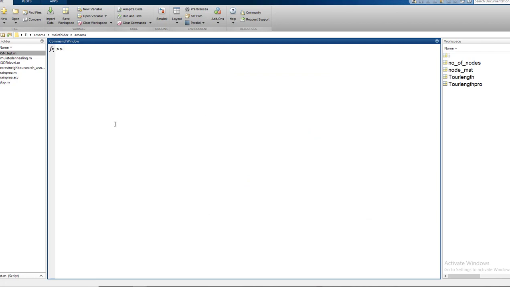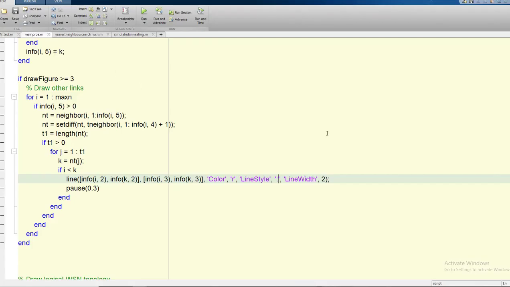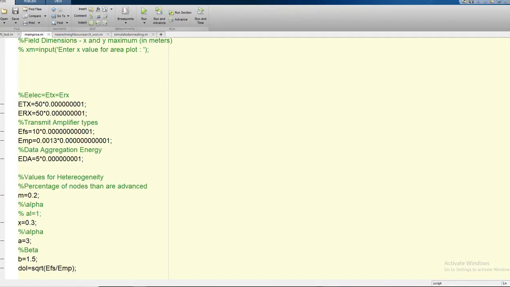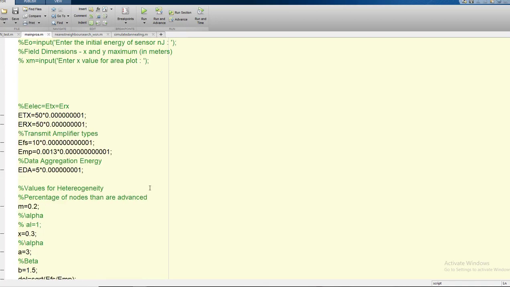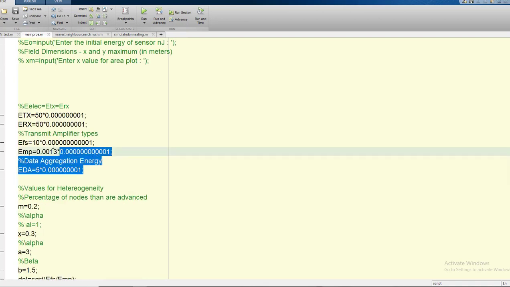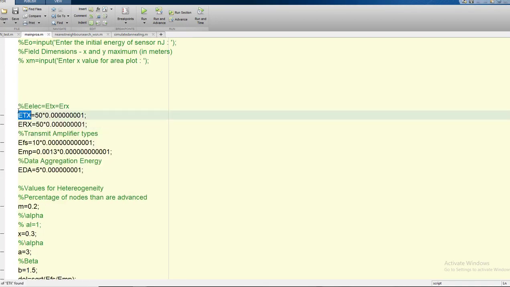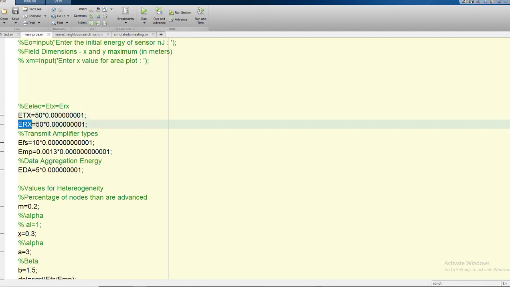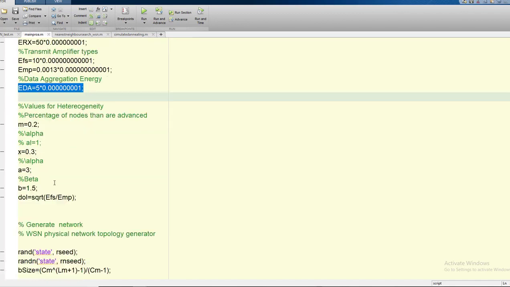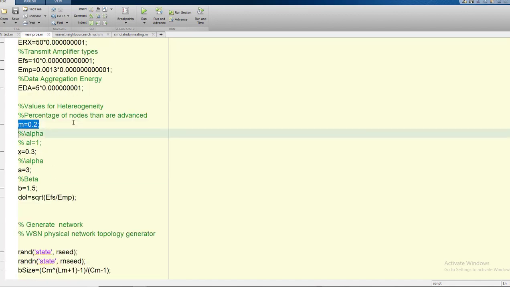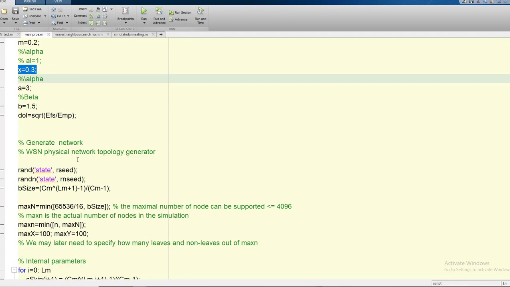So let's move forward toward our main program, which I have just opened, and let's see its execution. Prior to starting any wireless sensor network, I need to define a few things: transmission energy, receiver energy, transmit power amplifier, data aggregation energy here, the percentage of nodes that are advanced, and the percentage of nodes that are intermediate.